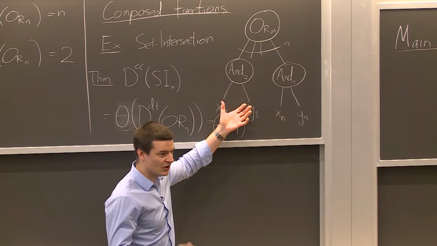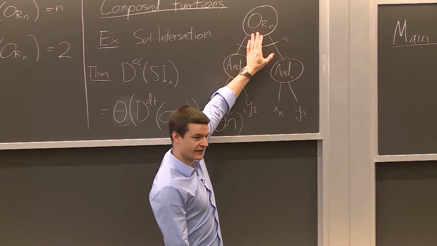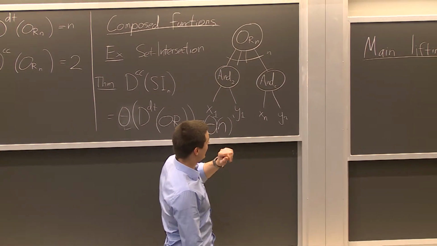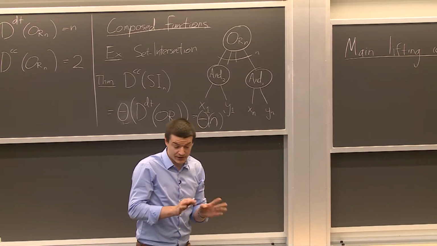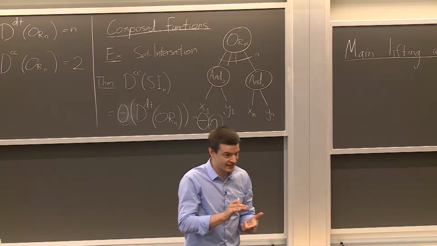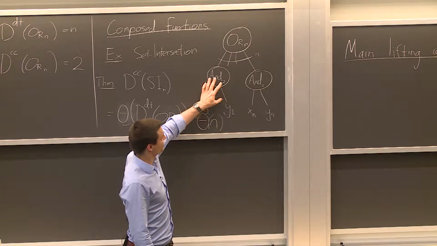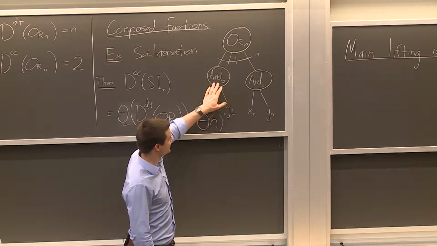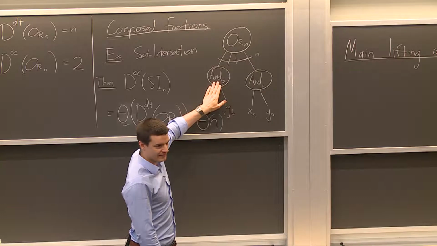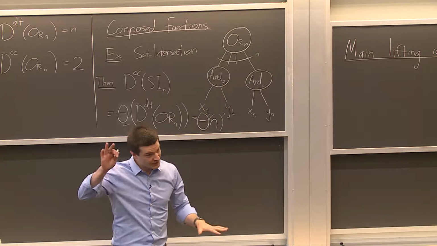I want to just say that the intuition why this function is hard holds more generally. No matter what the outer function here is, and even no matter exactly what type of communication and query complexity I consider, whether it's deterministic, randomized, non-deterministic, what have you, as long as you choose this gate, which we also call a gadget, if you just choose a small enough, carefully chosen function here, then query and communication complexity should be kind of